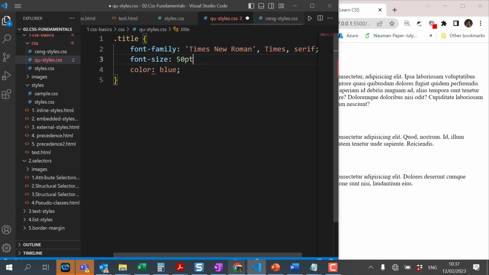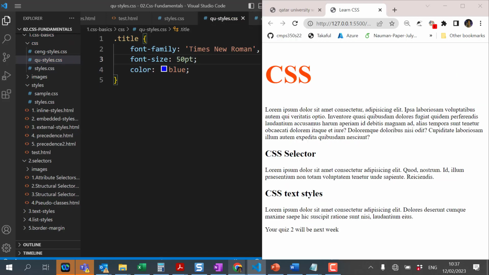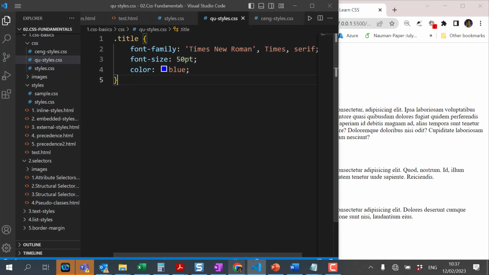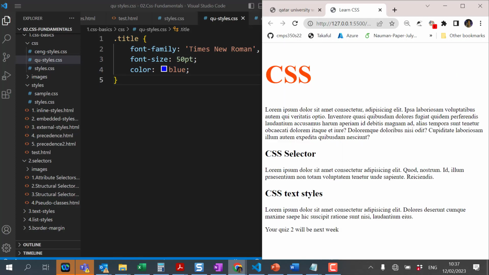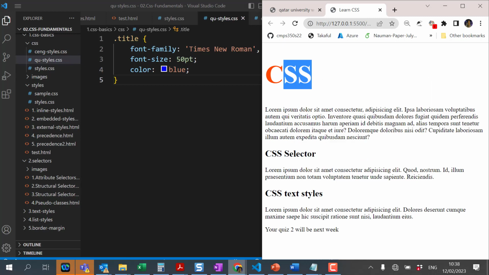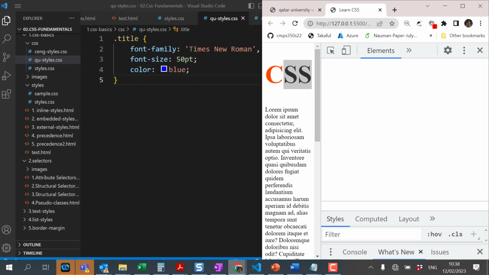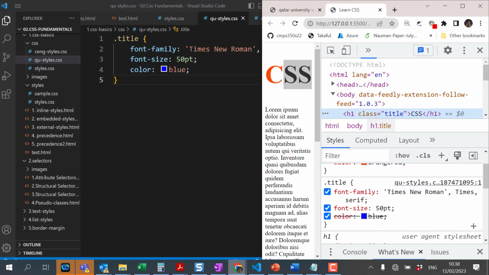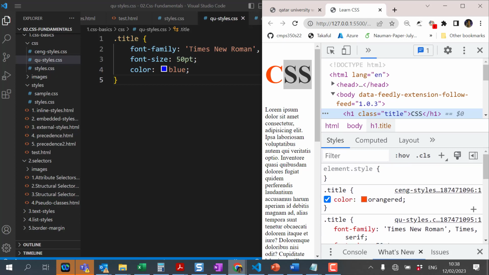Or 50 points. Let me save. So you see this one now is the actual size. You see, if I come here and do inspect, yes, the duplicate ones. You see here the title,